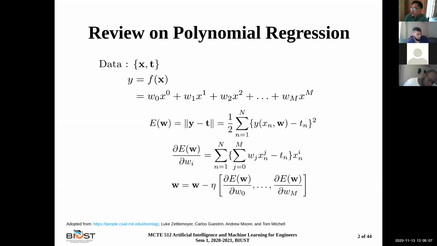Previously we have a normal regression. That means we want to approximate a function based on a polynomial, given the data of x and t. The method is about the error term that is expressed. In this case, this is the value of the data that is given, and the x is also from the data, and this is the polynomial that is our approximation, and the w is the one that we are looking for. And so of course our approximation minus the value of the data will have some error,